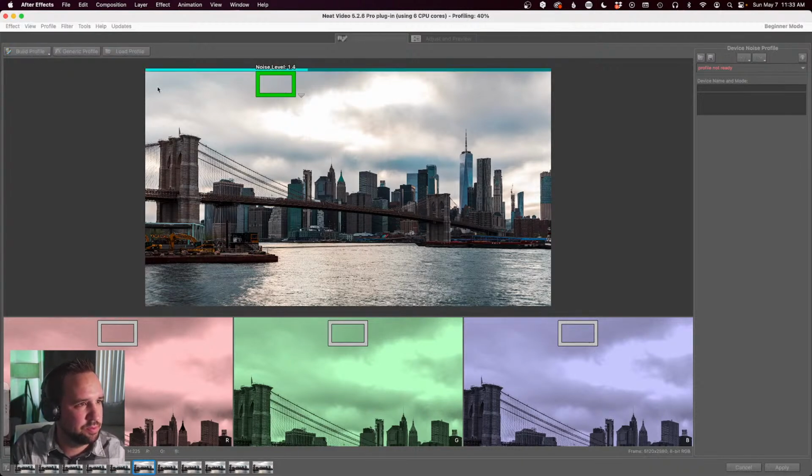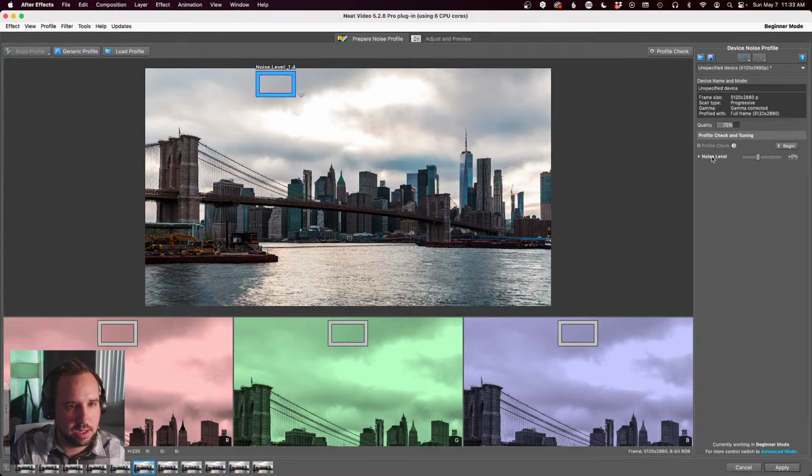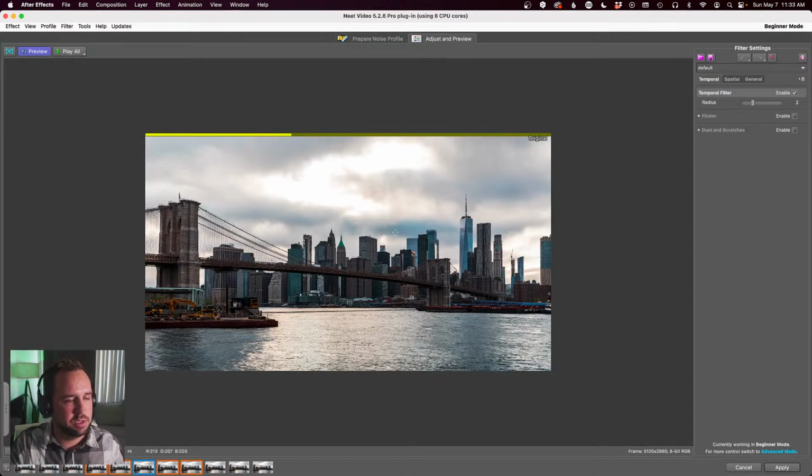So here I'm going to build a profile. In the noise level, usually what I like to do is remove a little bit, so I'm keeping a little bit of grain, minus 10, minus 15 usually, and then you can go begin. Okay, so now it's removing the grain. Perfect. And then when you go to adjust and preview here,